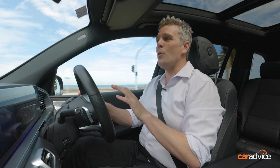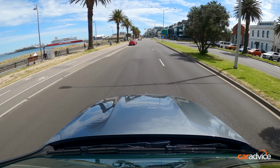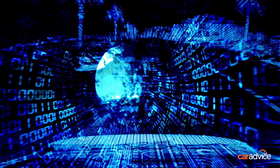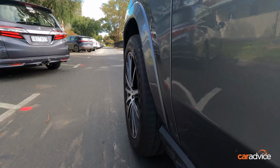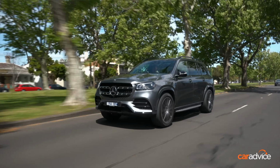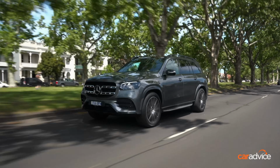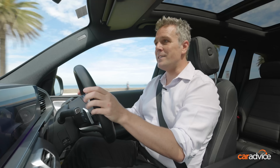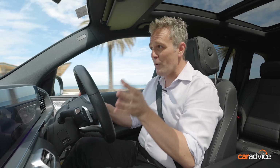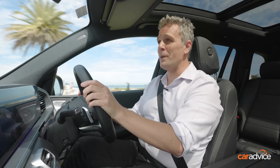It does what I like to call the speed hump eliminator, where the camera in the windscreen can actually scan the road ahead, identify the bump, figure out how fast you're approaching the bump, and then adjust the dampening on the air suspension so you basically don't feel it. You hear a bump and you kind of feel that you've gone over something, but it's substantially more muted than what you'd normally feel in the car. And I gotta say, it's mind-blowingly impressive. It's very, very cool. But, and here's the big but,